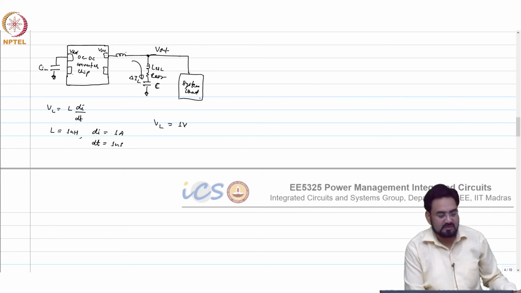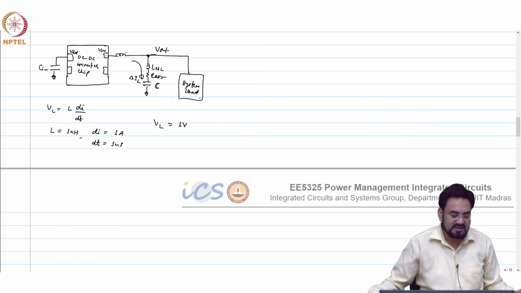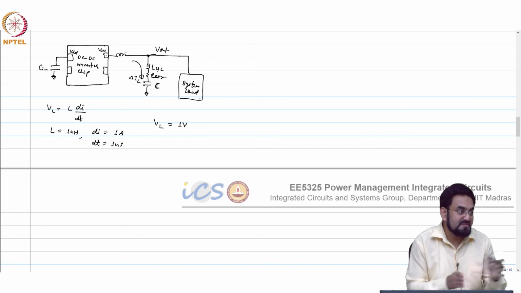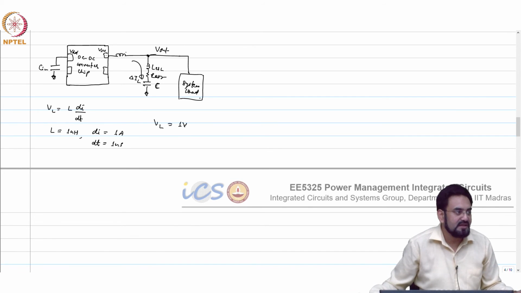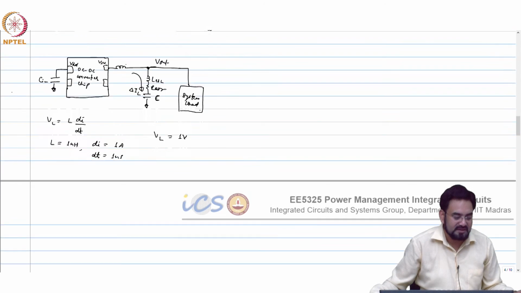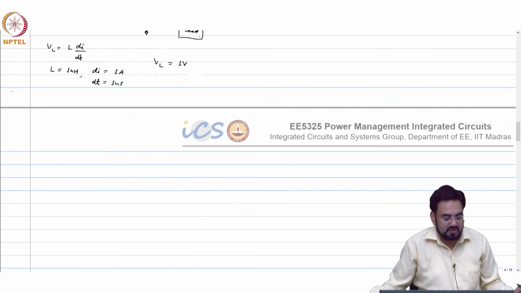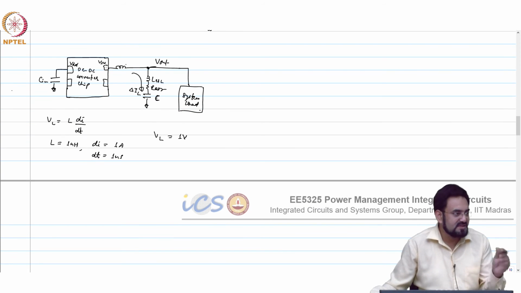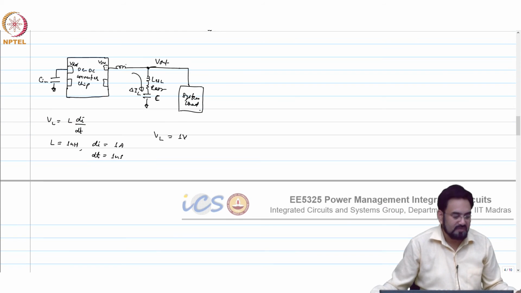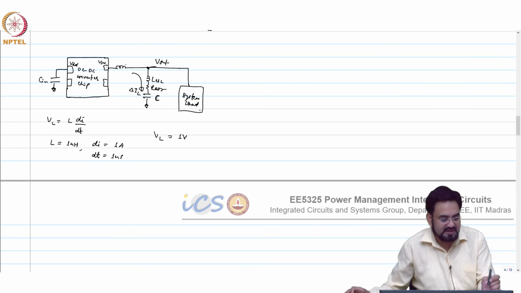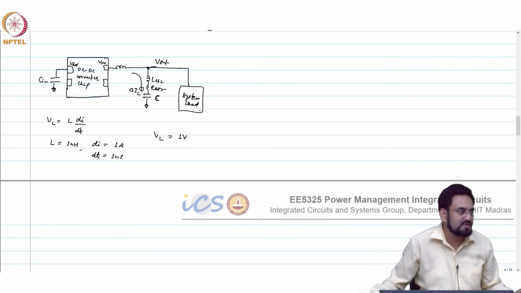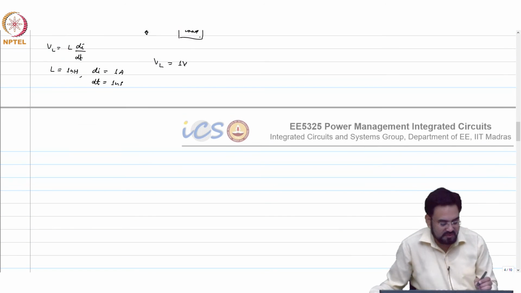Okay. And that's one of the reasons, if you want to minimize this ESL, you connect more caps in parallel rather than putting one single cap. Okay, so that's one way. So most of the time, your chip size is not that big here, and these pins are very closely packed. So it's very difficult to move the bigger cap as close as possible to the pin. So what you do actually,